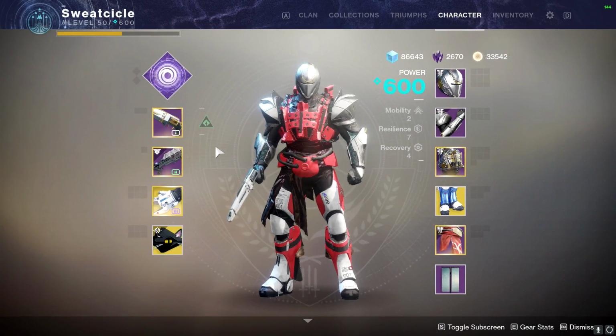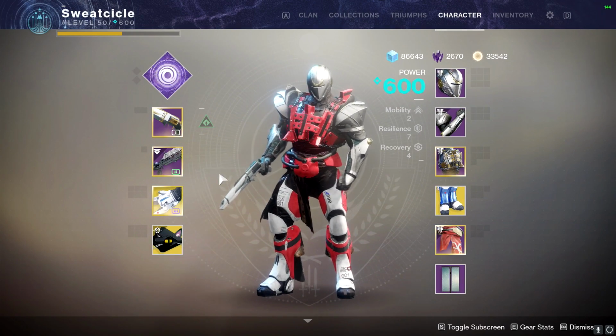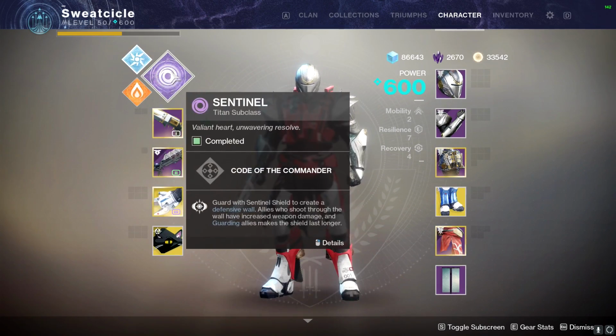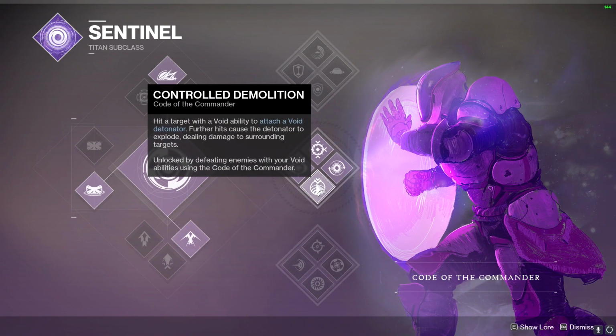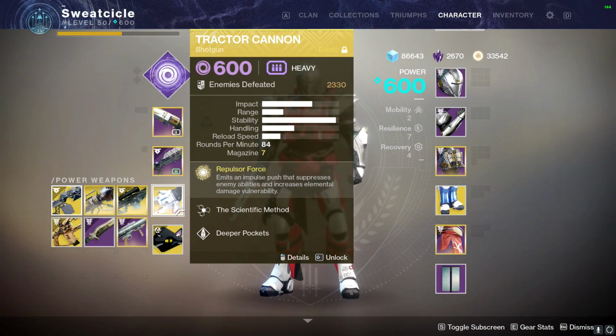Alright, so I'm going to start out with my favorite of the loadouts just in terms of fun. It is actually really OP, don't get me wrong, but it is definitely the most fun for me on Titan to use. Mostly just because of the new Sentinel subclass tree. This thing is really OP, especially with the controlled demolition perk, where it just chain kills enemies consistently. And when it's paired with the tractor cannon doing the extra 50% damage when you do boop them,